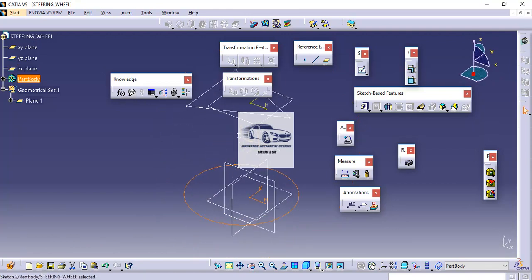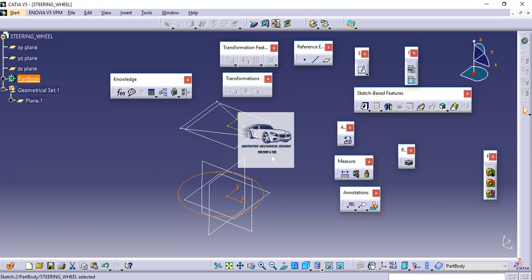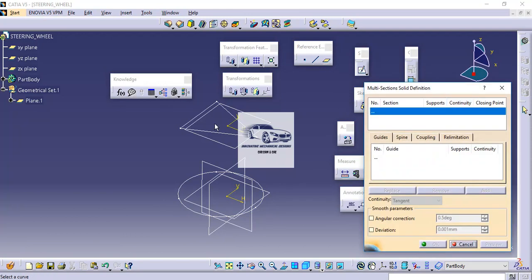Now we have to combine these two profiles in order to get the output. So I will rotate it a little bit so that it becomes easy to see while joining them using the multi-section solid command. So I will go to multi-section solid. First I will select the circle. The position of the closing point is very important in multi-section solids.